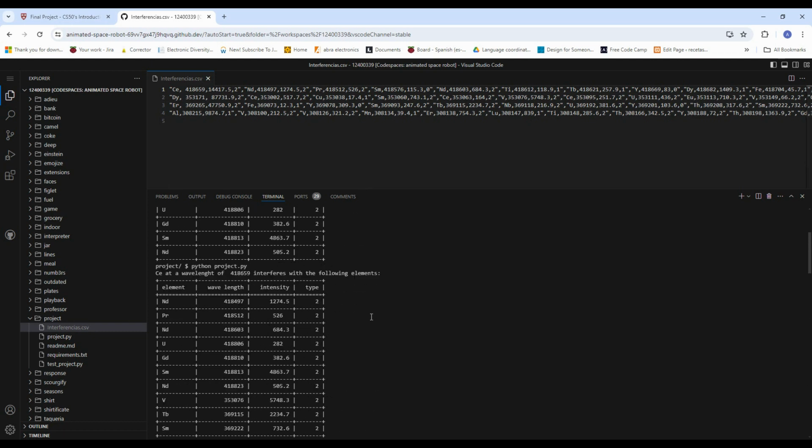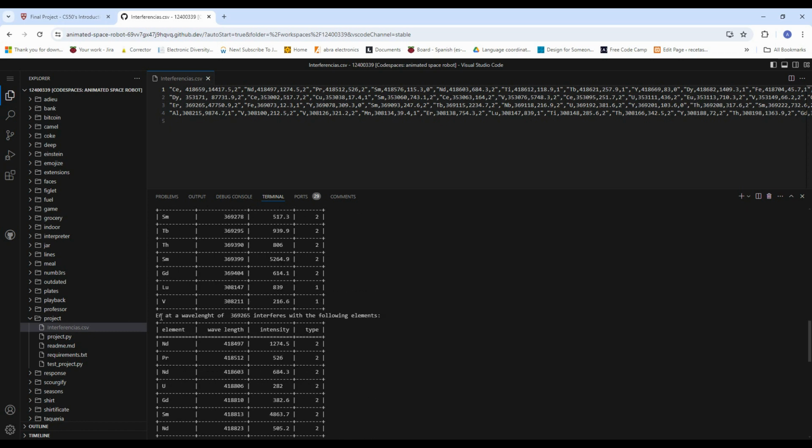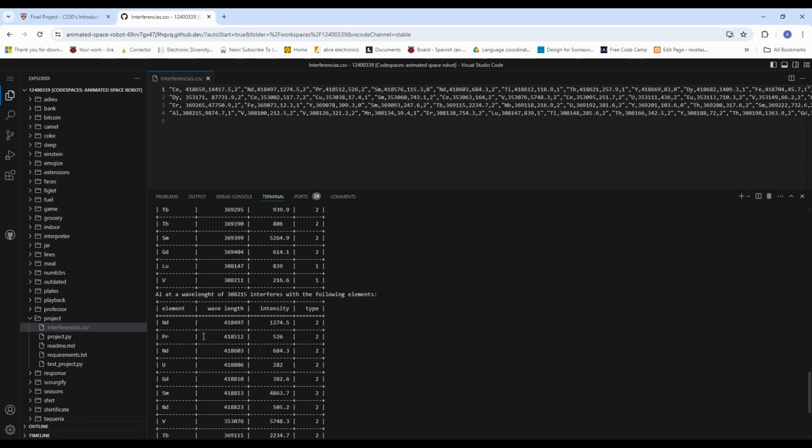That would be the first here. All the interference for CE, all the interference for DY, all the interference for ER, and all the interference for aluminum. And I have a last functionality that is the one that I personally like most, that is giving it